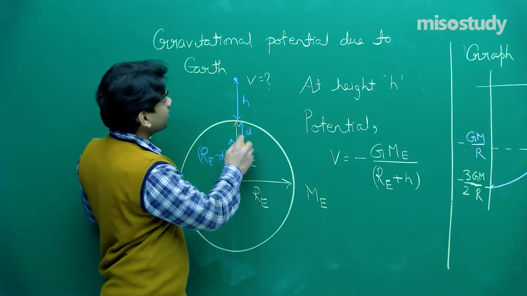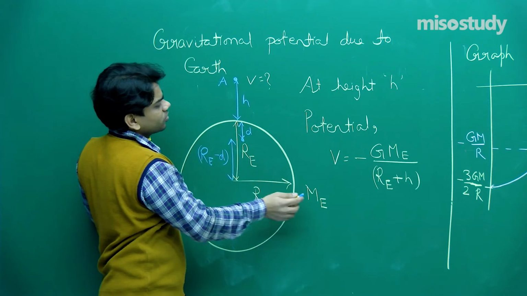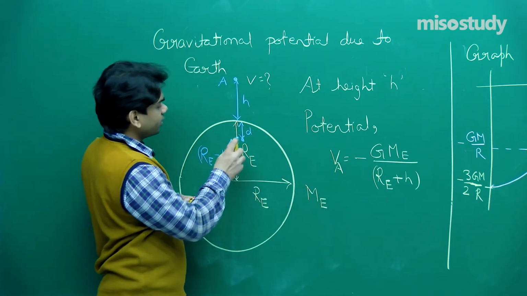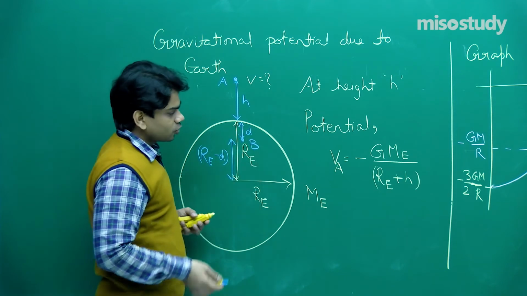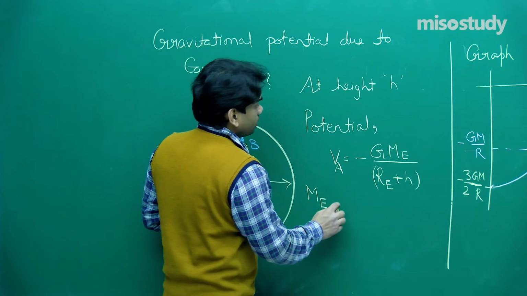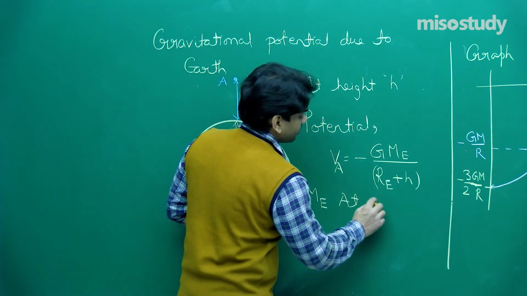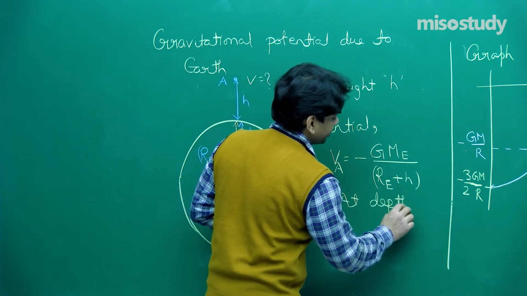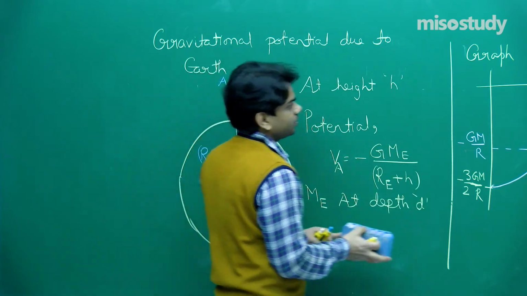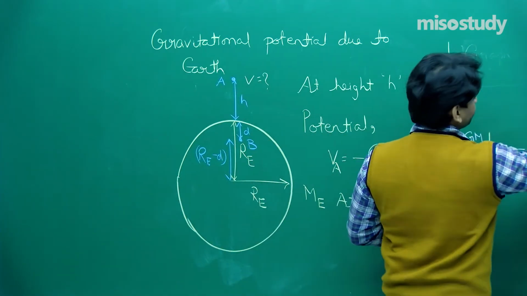Now let me call this initial point A, so this is the potential at point A, and let me call the internal position point B. So the potential at depth d, which is point B, the value of potential will come out to be,